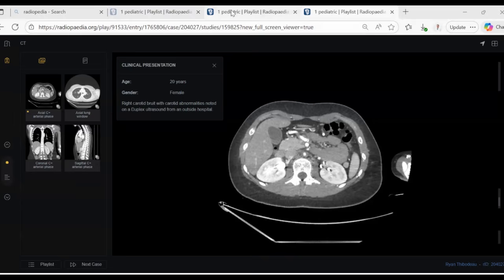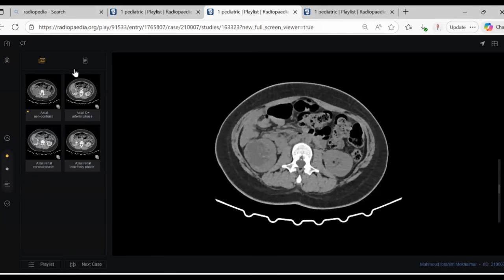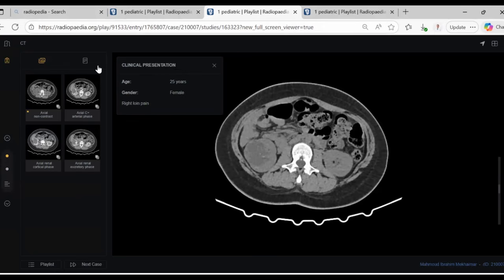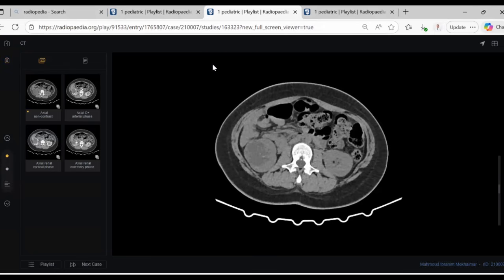Doctor, yes sir. This is a 25-year-old female patient with